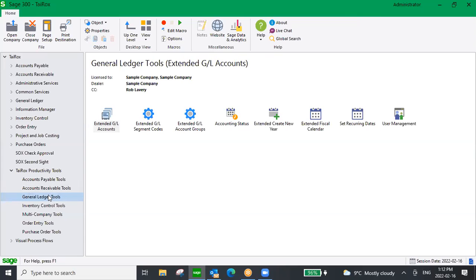So for the general ledger, we've mentioned the extended tools. I mentioned the GL ones. We've also got, for your fiscal calendar, creating opening and closing periods in your fiscal calendar, as well as creating a new year. But some additional tools we have in the general ledger toolkit would be the accounting status